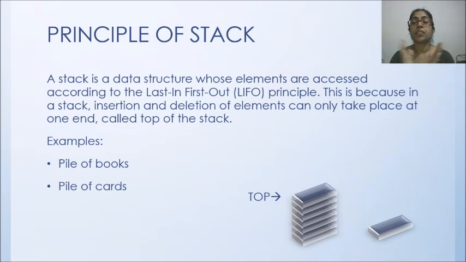If we take an example, like I have collected books, and I am putting books one on top of another, then the first book I took will be the bottom most book, and the last book which I have collected will be the topmost book. So when I start taking out the books, the last book will be the first book which is to be taken out. So always the reverse process happens when we take elements from the stack. It will take elements in the reverse order.